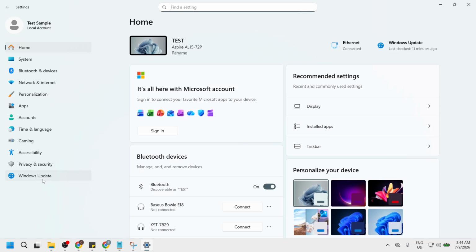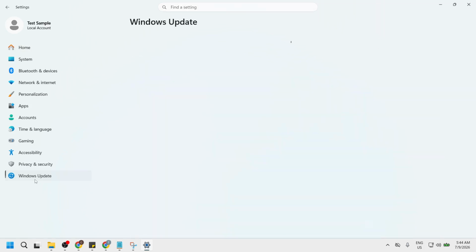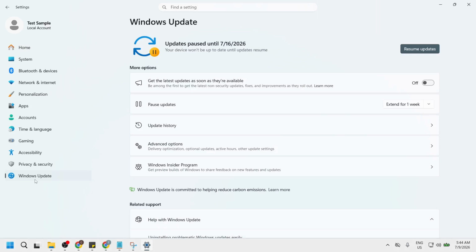Once the Settings app is open, look to the bottom of the left sidebar. Here, you will find the option labeled Windows Update. Click on it. This section is dedicated entirely to Windows Update, allowing you to manage your updates easily. You will see various options related to updates, including checking for updates and viewing update history. Selecting Windows Update is essential because it is the gateway to keeping your operating system protected with the latest features